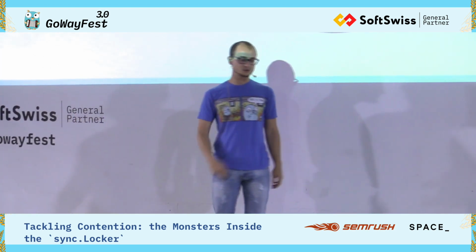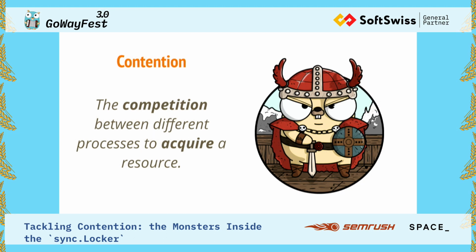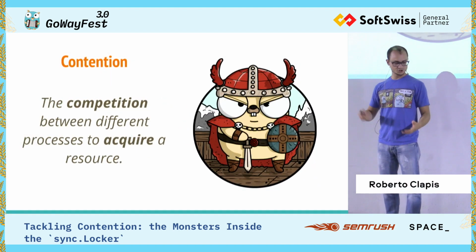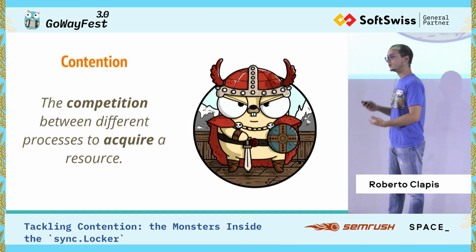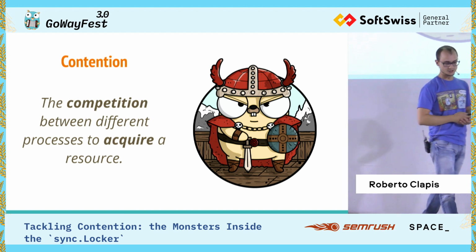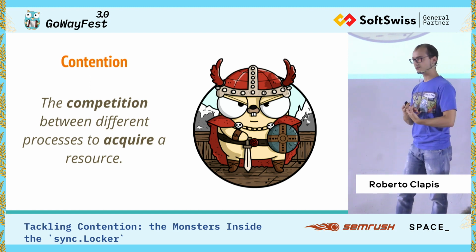So I started doing a lot of parallel programming, and then I realized there was something in the way. I thought that using more cores would just make my code faster. Like, I had 4 cores, so it should have been 4 times faster. It was not. I encountered this monster here, which is contention. Contention is hard to deal with.